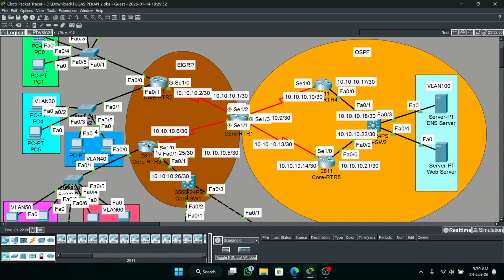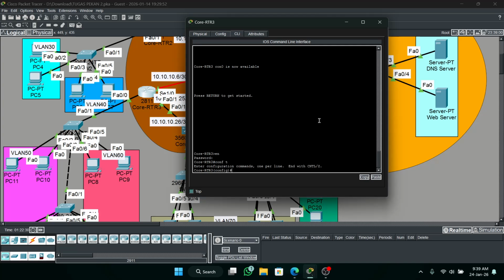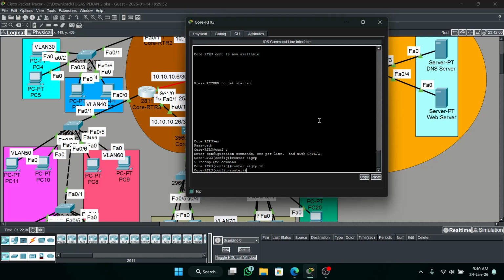Next in RTR3. Enable, configure terminal. No, Cisco. Configure terminal. Router EIGRP 10.